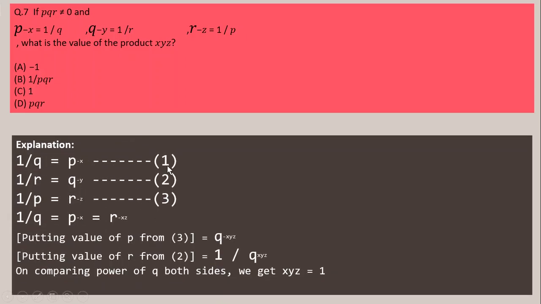So these are the first three given equations. And then this is your first equation. So I've solved this in two steps. Firstly, I've evaluated my first equation in terms of equation 3. So I got P, putting P from,